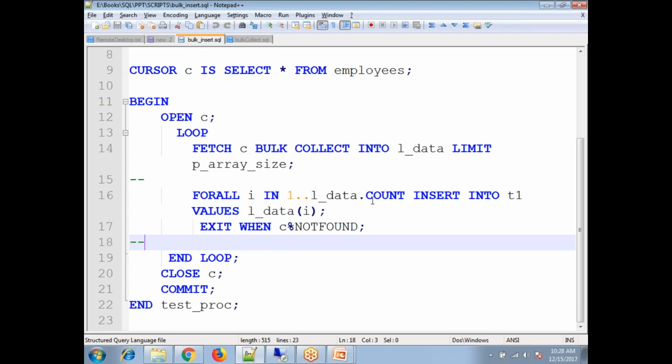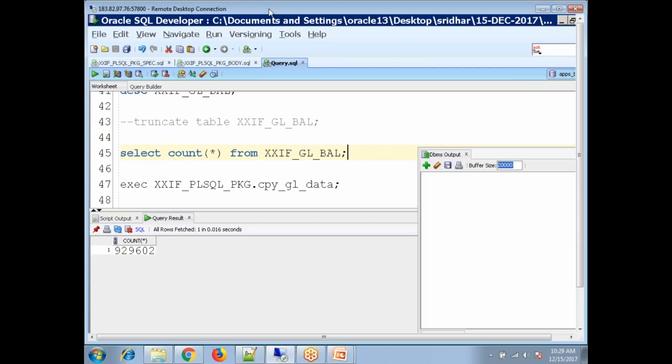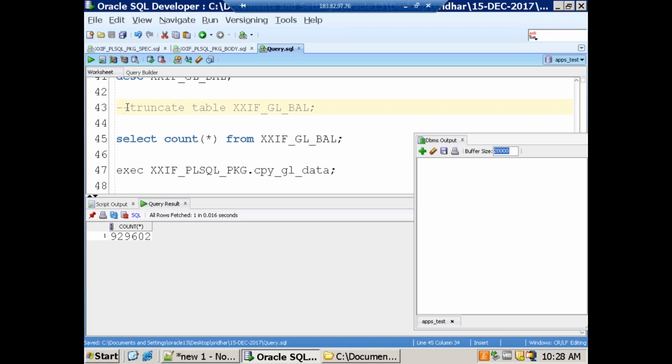With FORALL I can try to use delete here. See, in the bulk insert, instead of this one, I can just perform delete. But instead of using all these particular things, we can simply use execute immediate truncate. So the best thing is,